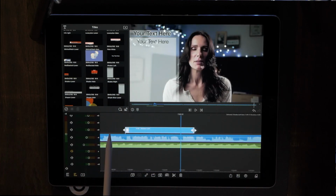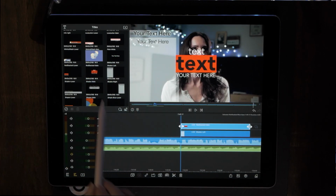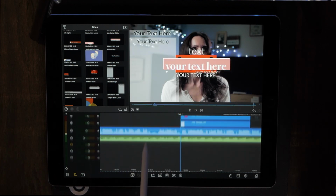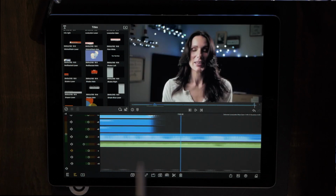We'll just drop that there. I mean, you can have a lot of different layers of things going on at any one time. And look, just watch how quickly you can scrub through that. There's just no way you would be able to do that